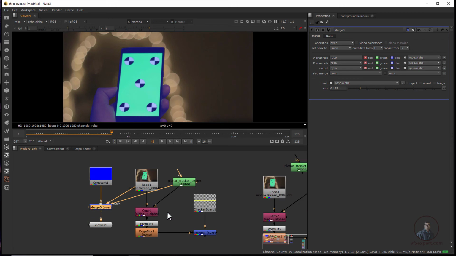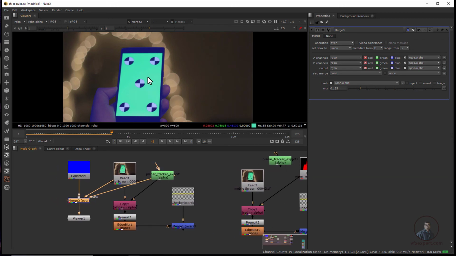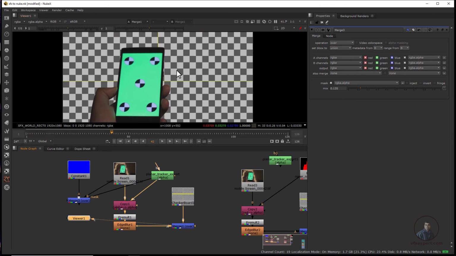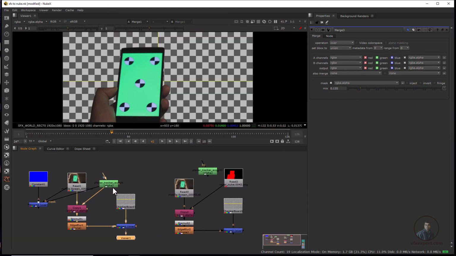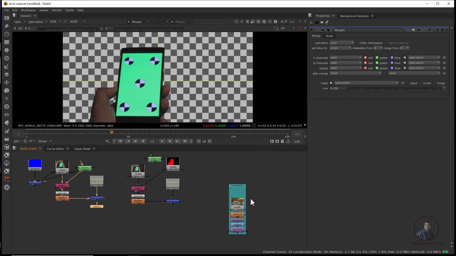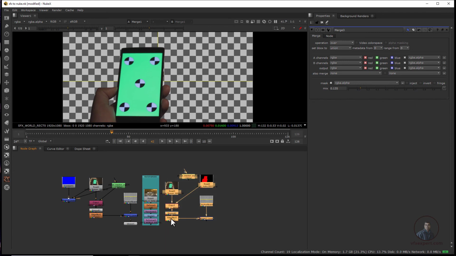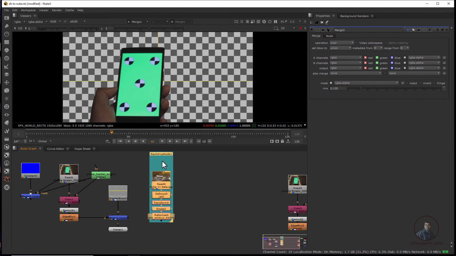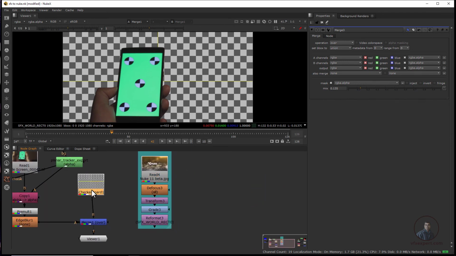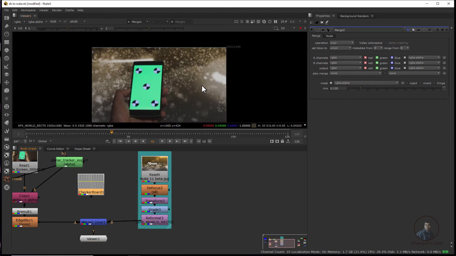Now finally, I am going to create a final composite for this shot. I have completed everything till here. Now I am going to composite this shot on a proper background. So just select this one. I have selected this one here, so a little bit. Now just remove this one and connect here. Now you can see this is our final background here.